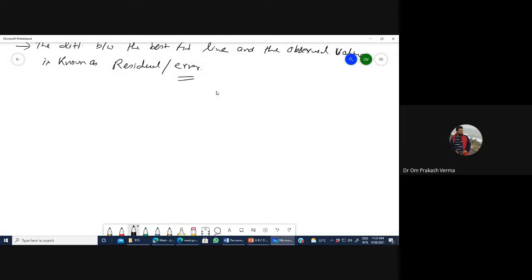Now you understand, hope so, that if you want to develop the relation between variables, or develop the regression model, you require a minimum of two variable data. As the number of variables available increases, the model is more accurate.